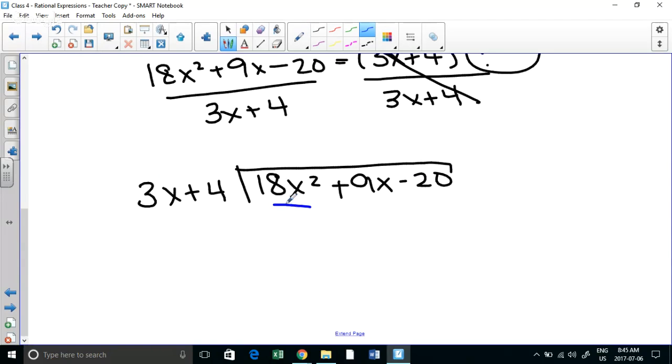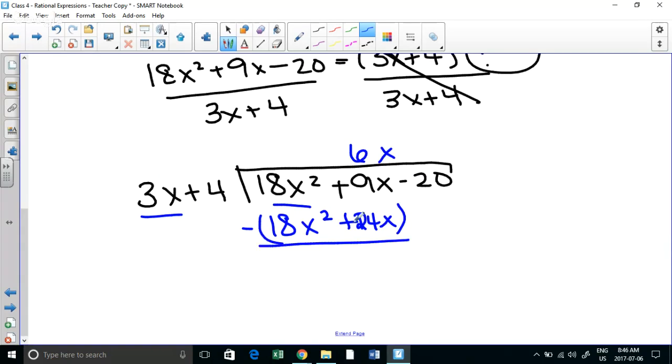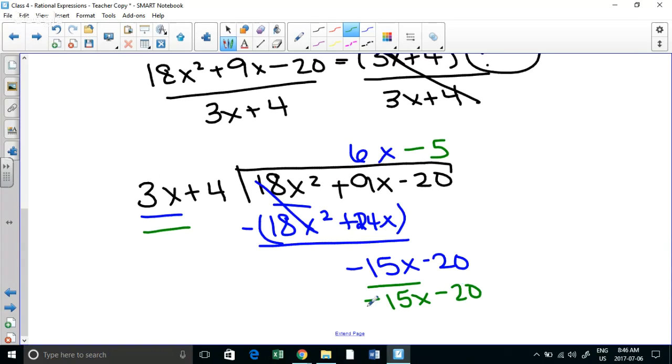Following the steps of long division, we divide here, we divide here. So 18x squared divided by 3x gives me 6x. Multiplying here. These cancel out. 9 minus 24 gives me negative 15. When I divide again here, I get negative 5. Multiplying here gives me no remainder, meaning that I have this rectangle